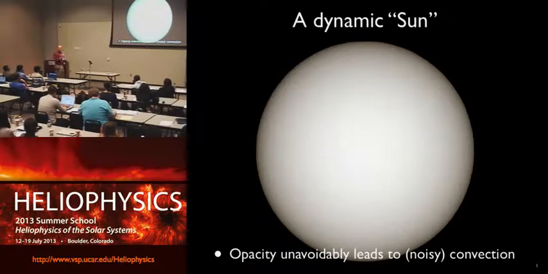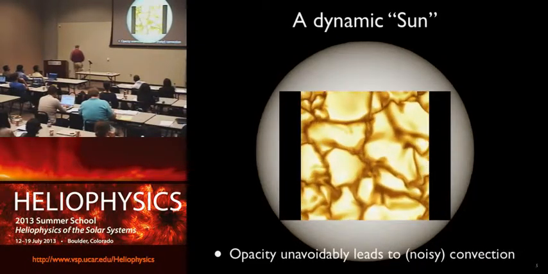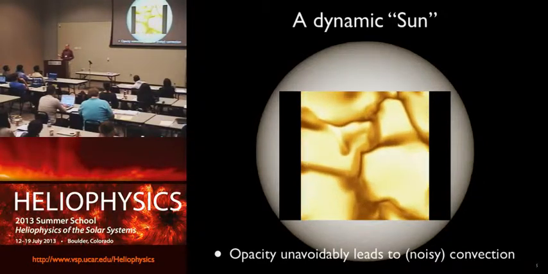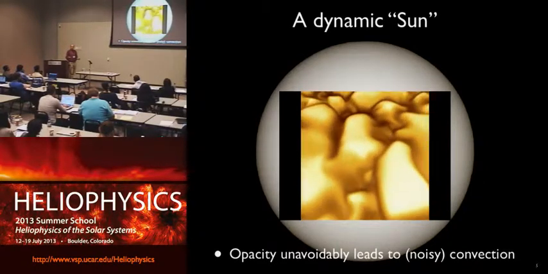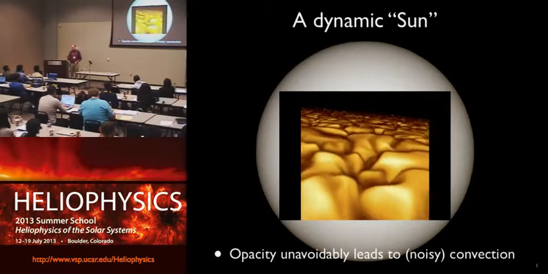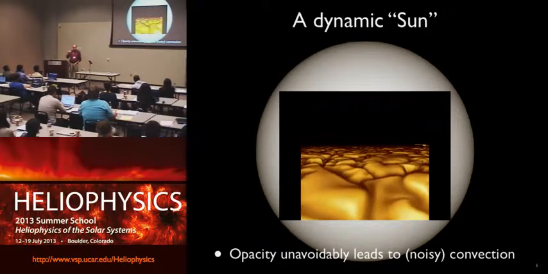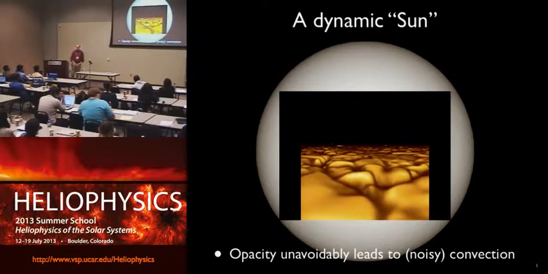That noise is sound waves, and the sound waves propagate up and down, and they do something interesting, even from the perspective of irradiance. Now, this overturning motion can be studied in computers nowadays very well, because we can simulate hydrodynamics. That's easy in a sense. The hard part is that this is a very strongly stratified domain, because the temperature drops so rapidly that there are lots of pressure scale heights you have to put in. The most difficult bit of this kind of simulation is to do the radiative transfer right. It's very difficult to get all the photons out in the right way.